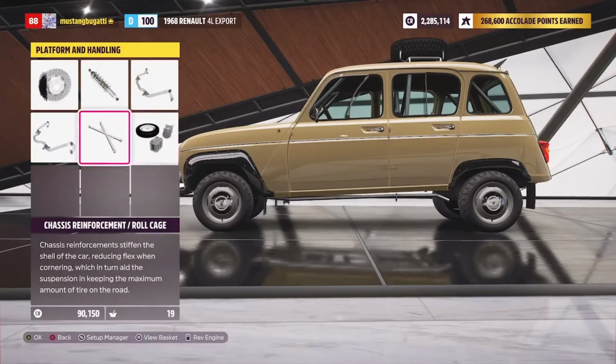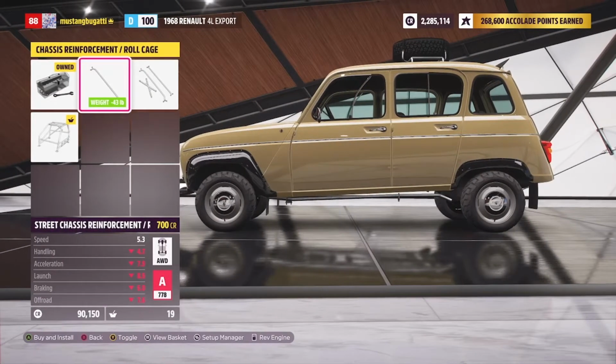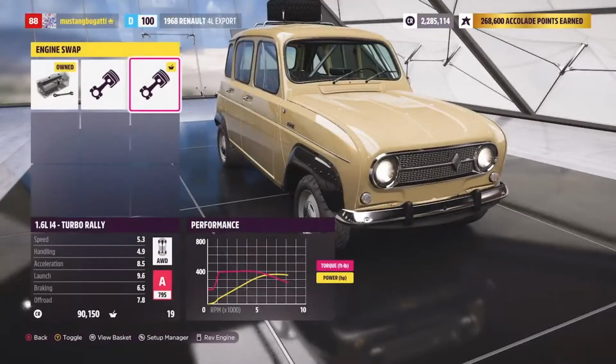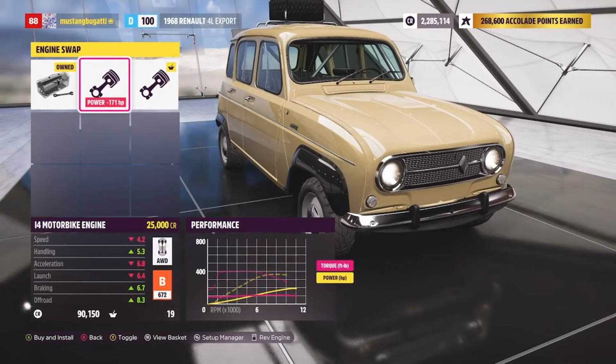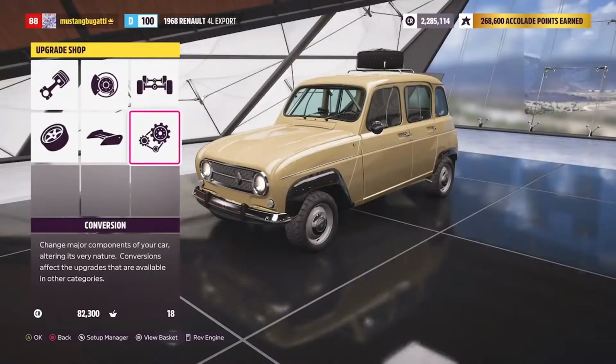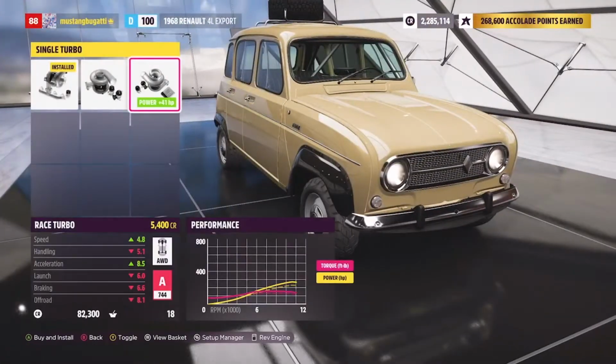Can we save it anywhere else? No, we definitely want that. I think we're sort of stuck with 95. We can try the motorbike engine, I suppose. We could try that. That might get enough power. Well, we'll give it a shot. If nothing else, we'll go back to the...